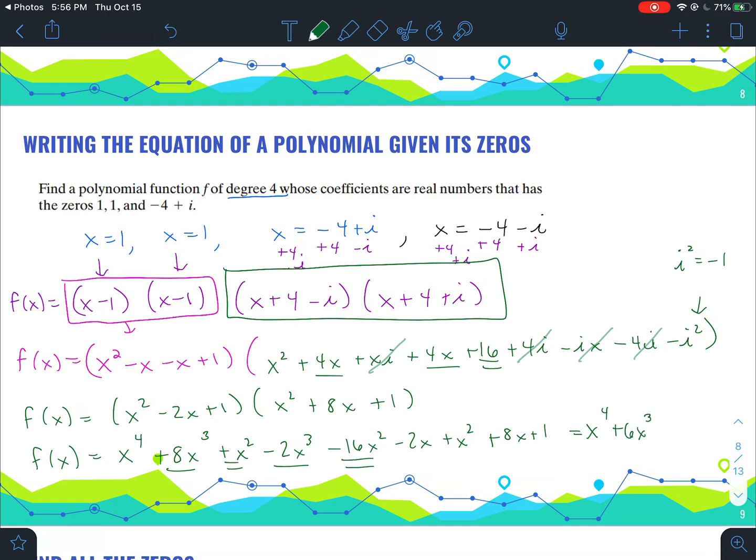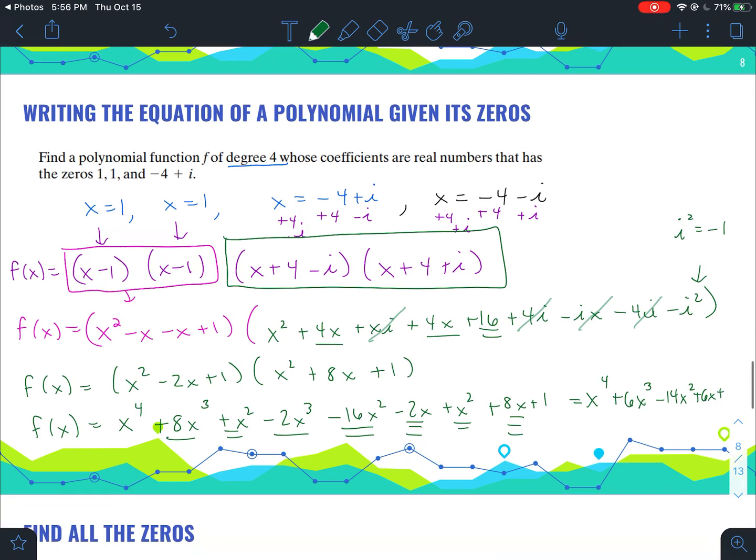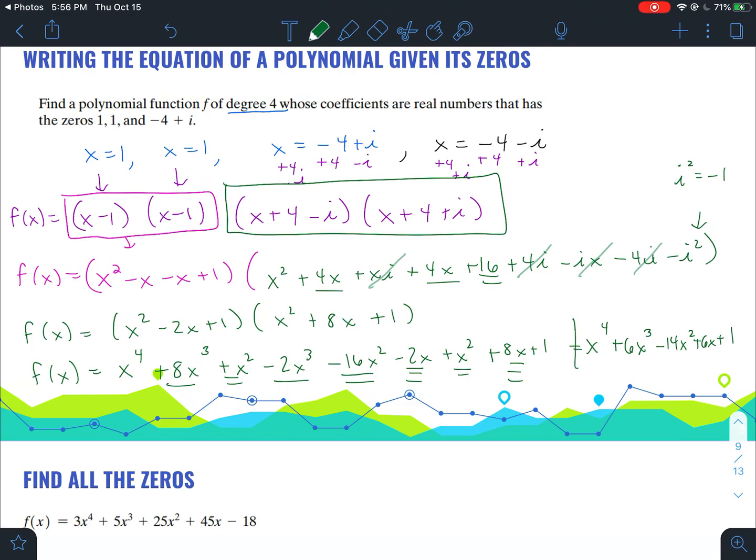And then x squared minus 16x squared plus x squared would be negative 14x squared. And then negative 2x and positive 8x would be plus 6x, and then plus 1. And that would be that polynomial which would have zeros at 1, 1, negative 4 plus i,